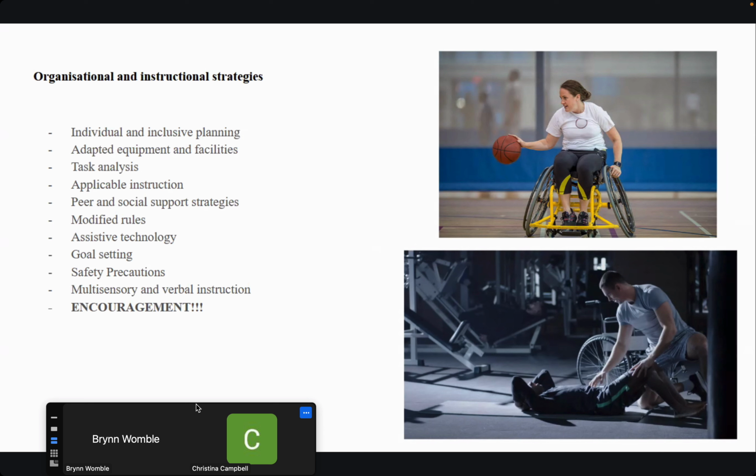Overall, we would want to promote participation in adaptive sports, community fitness programs, and at-home exercise routines to encourage long-term engagement. By implementing these organizational and instructional strategies, individuals with spinal cord disabilities can successfully participate in physical activities, improve